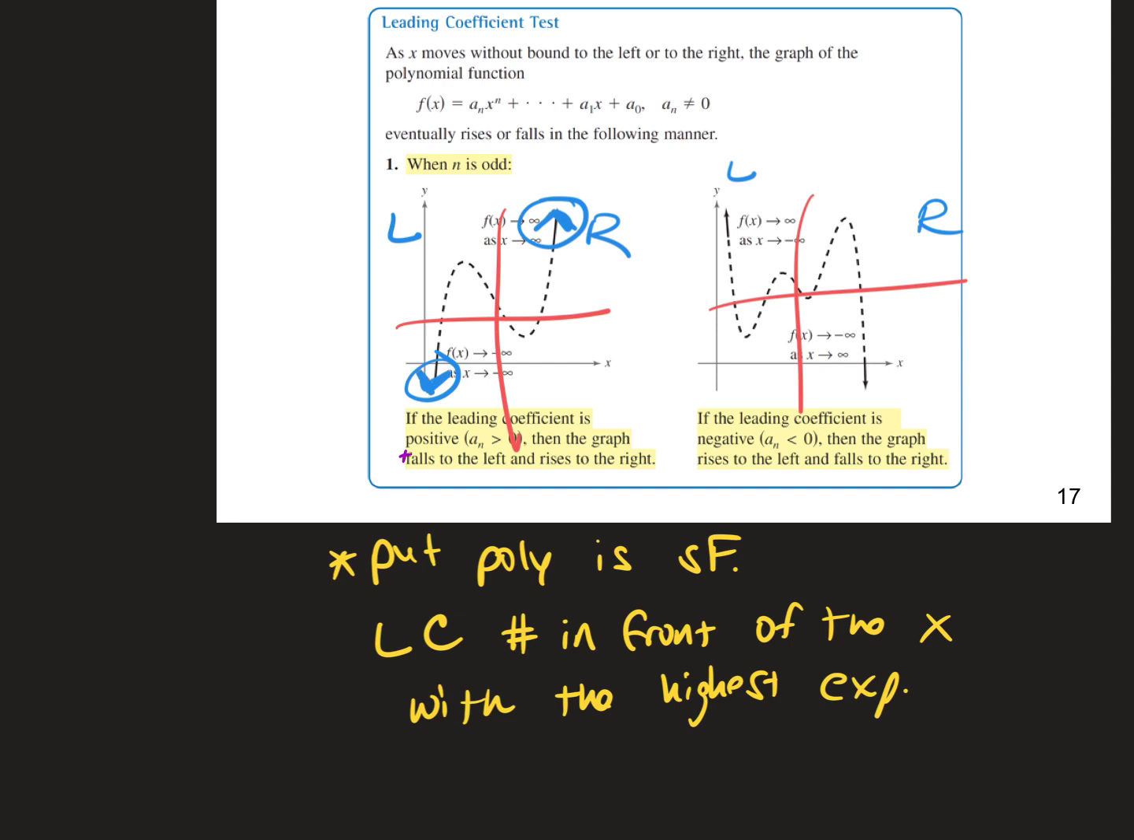Where's your arrow pointing? Is it rising or is it falling? On the right-hand side of the graph, what's going on? It's rising. Good, you guys can see that. This over here is negative infinity, correct? This is positive infinity. So you're going to write a statement, and you're going to say,